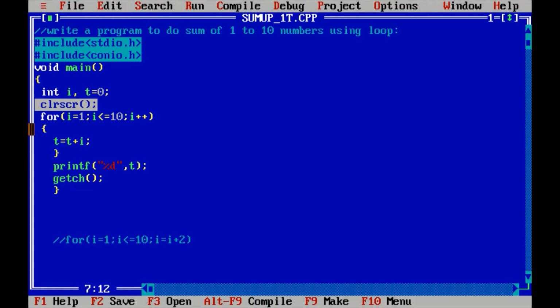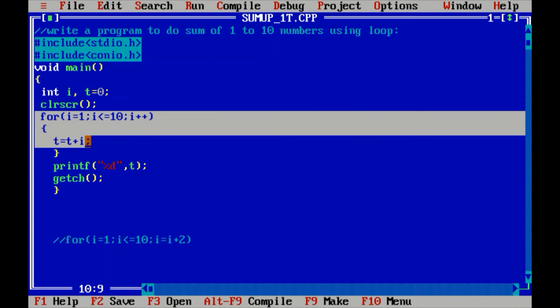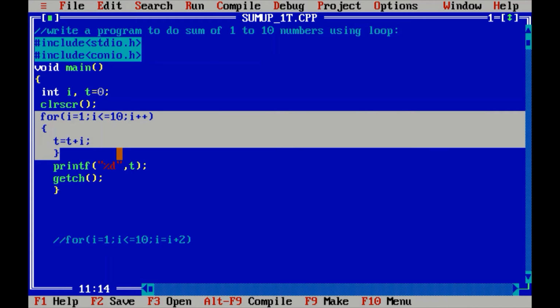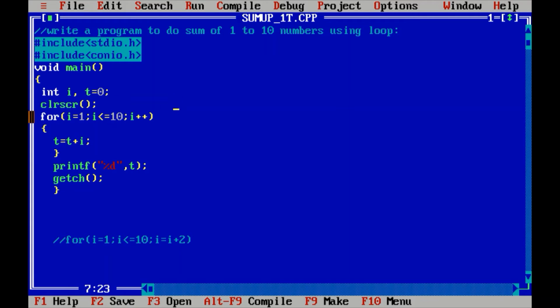After that here is our main for loop. In this program we are using a for loop, not any other type of loop, because this loop is kind of easy as compared to while and do while. If you have seen my previous videos you know the syntax of the for loop. If you have not seen, then I'm telling you again.